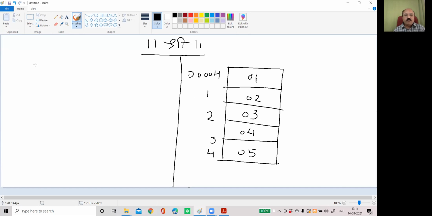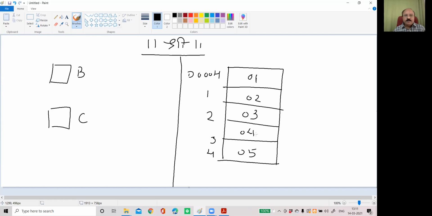Now, what we want to do is count whether each number is odd or even. If it is odd, then we have to increase one register as a counter. If it is even, we have to increase another register as a counter, correct?